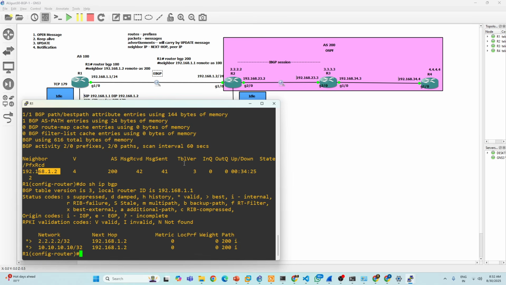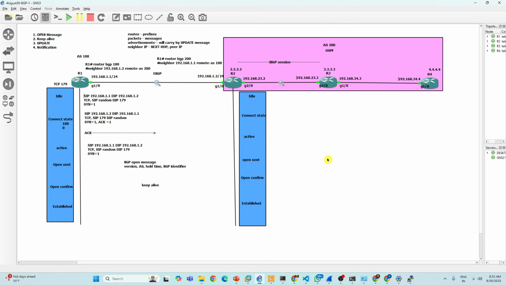Precisely, it is next hop reachability or peer IP reachability, whatever the neighbor IP is. For this neighbor IP reachability, we configure OSPF. Only for reachability we use OSPF here. Make sense, everyone? This is all about IBGP and EBGP, a complete package. I hope everyone understands clearly.